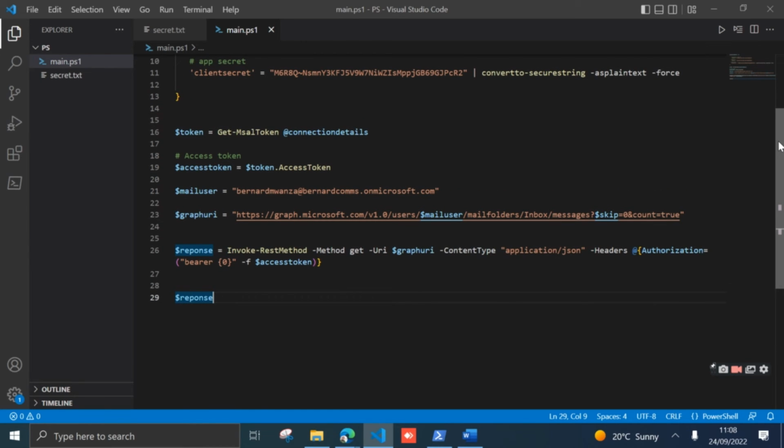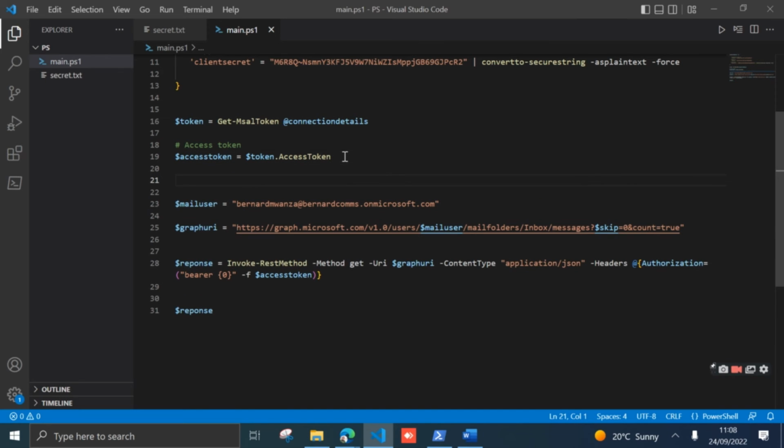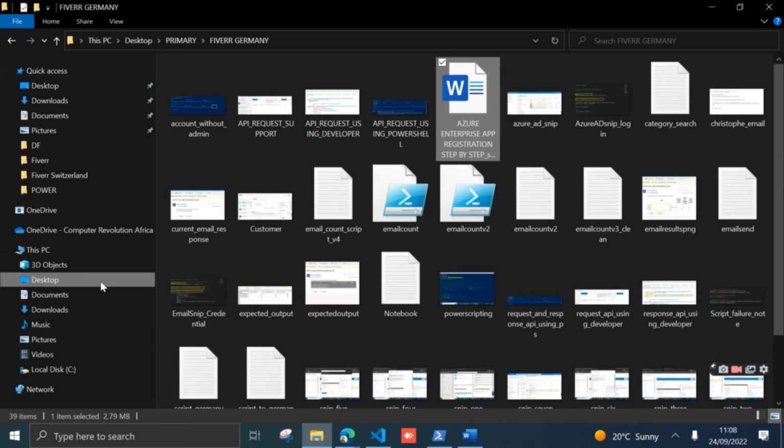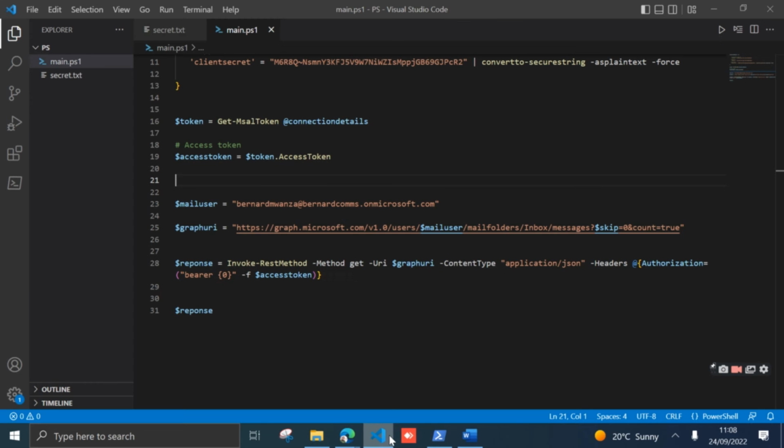So, for example, if we wanted to now add or get that information in a CSV file, we need to construct one. So you need to create a folder. If you want to send this information for this user or that report to a CSV file, we will need to create a folder in our system so that we can store the CSV file. So the way you do that,